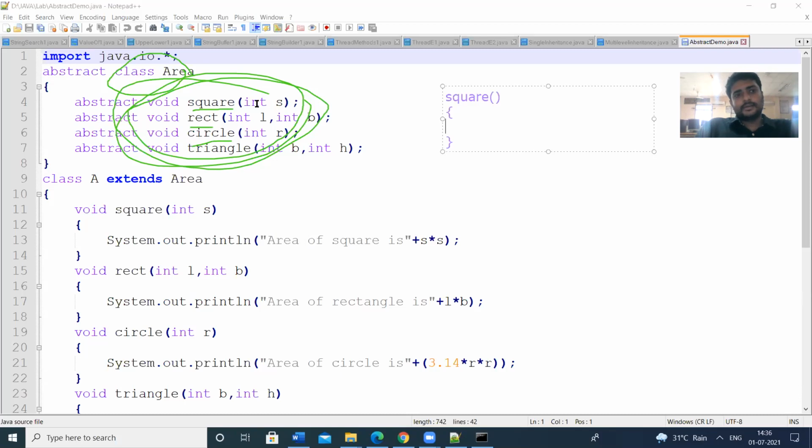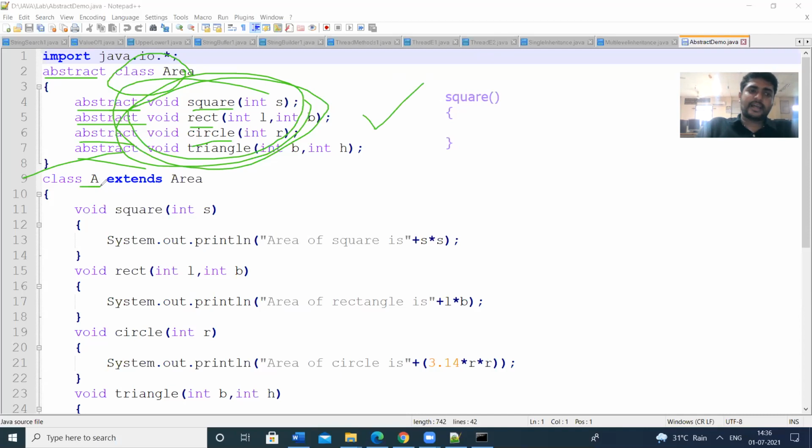The class which consists of abstract methods is known as an abstract class. That class may be represented with the keyword abstract, and that method may be represented with the keyword abstract. So abstract is a keyword. This is the abstract class I have defined. Here I am going to find out the area of the square, rectangle, circle, and triangle. I am going to calculate the area for the 4 different objects.